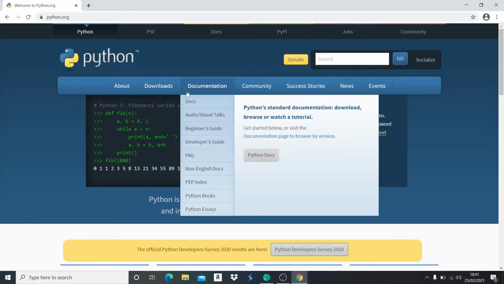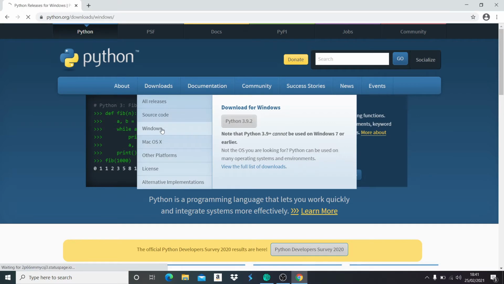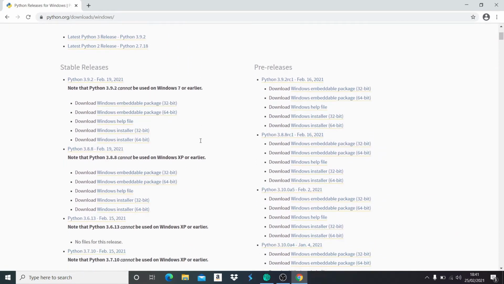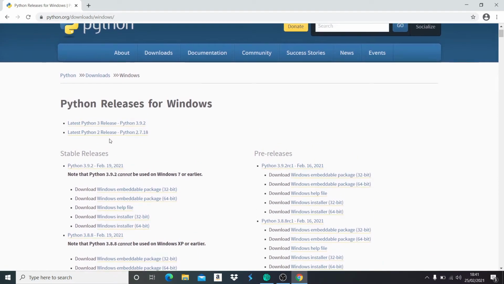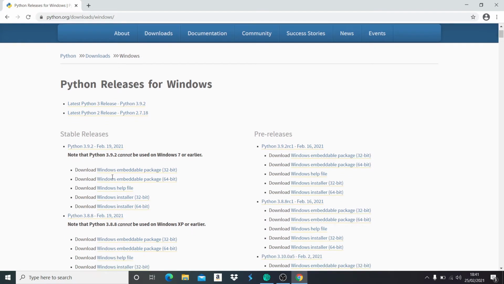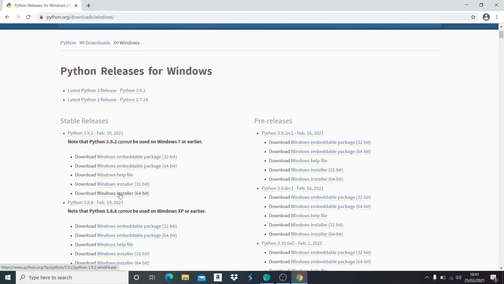Go to the Python website, go to downloads. I'm on Windows, so I'm going to go to Windows, and then we want to find stable releases, Python 3.9.2, and then I'm on a 64-bit